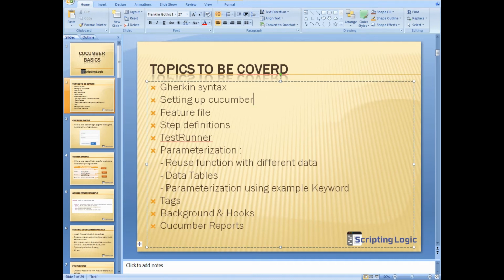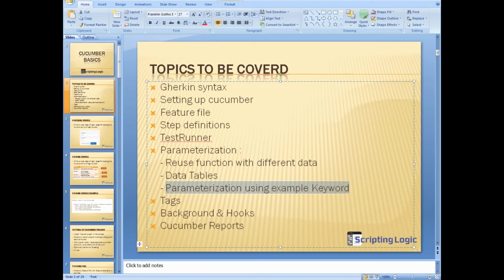So now we will see the third type of parameterization, that is parameterization using example keyword. Do you remember the data provider in Selenium? In that we need to create an Excel sheet, wherein we put our data, and with the help of long and complicated code, we give the input to our particular form, right?